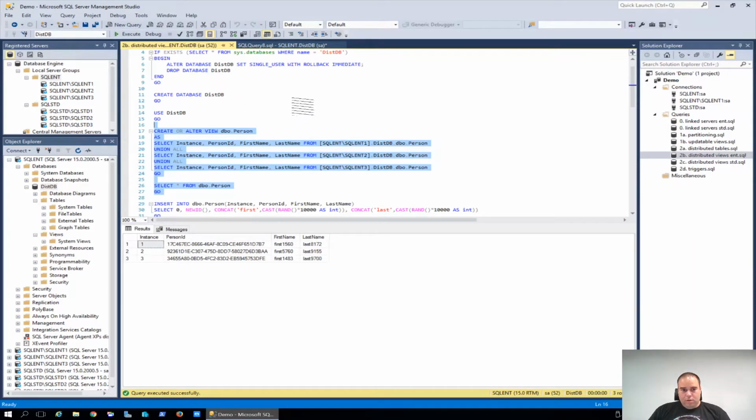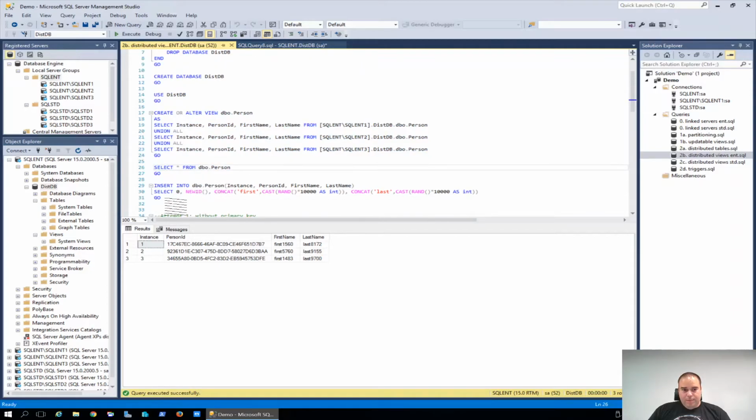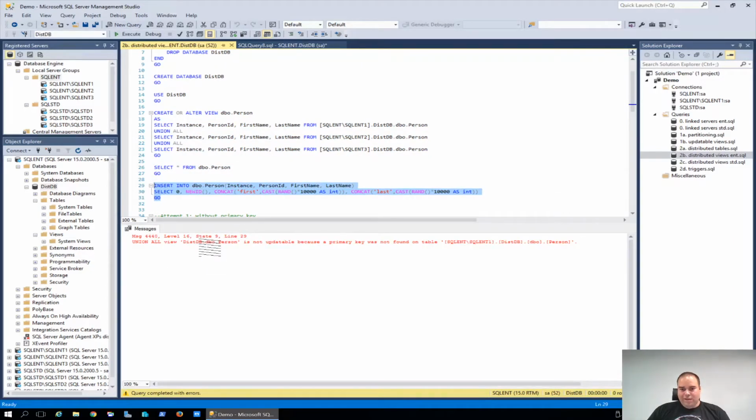And like that we got a record from each instance. However, if I try to insert a record, it gives an error: union all view dbo.person is not updatable because a primary key was not found on table SQL Ent1 distdb.dbo.person. So the first thing we need to do is